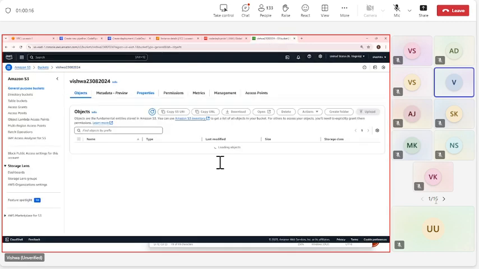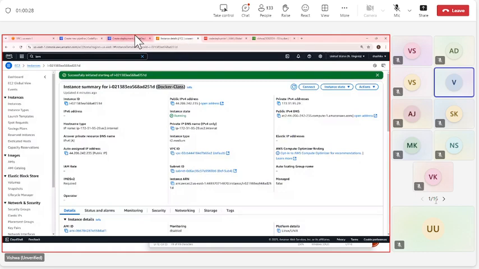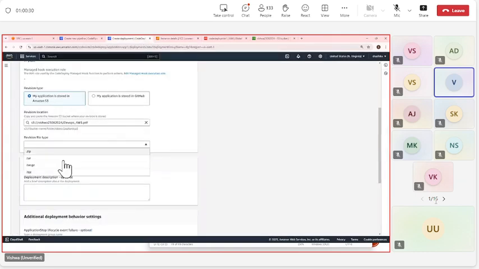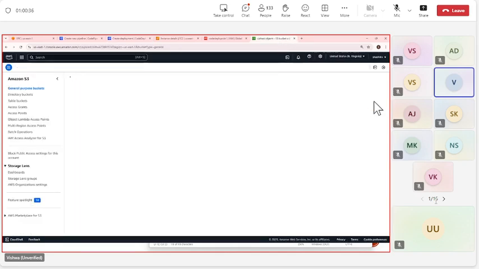So let me search for a zip file. Okay, so it definitely needs one of the types, tar, zip, and so on, and I don't have one, so I'm going to quickly upload.